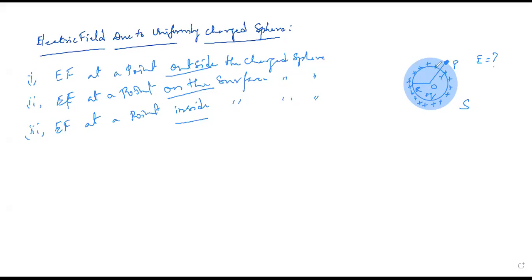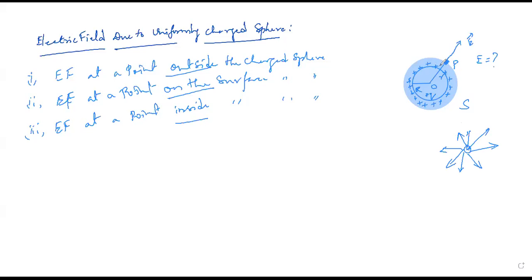When we say symmetry of charge distribution, the electric lines of force with respect to this charge will always be outward drawn normal. That means at the point you have taken, where you are going to calculate, the field is perpendicular to the sphere. If this is my positive charge, the lines of force will be outward normal. Wherever you take an electric line of force, it is perpendicular to the surface, correct? So the electric lines of force in this direction will be outward drawn normal.